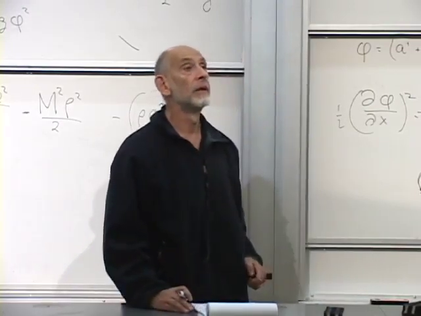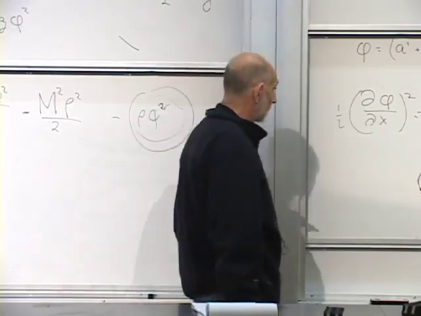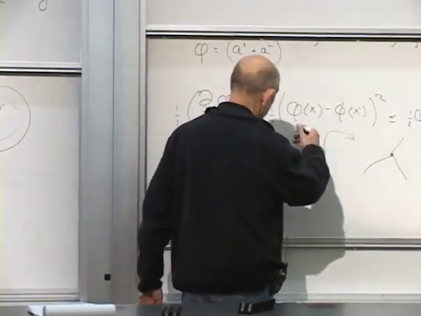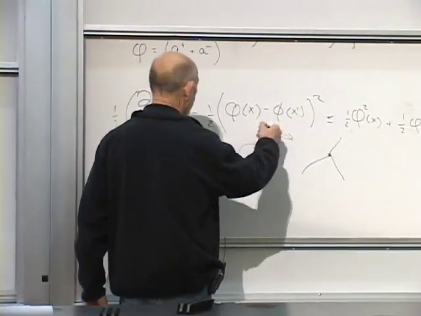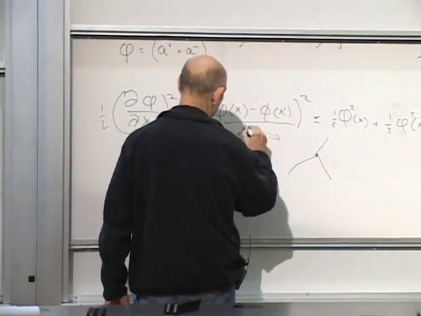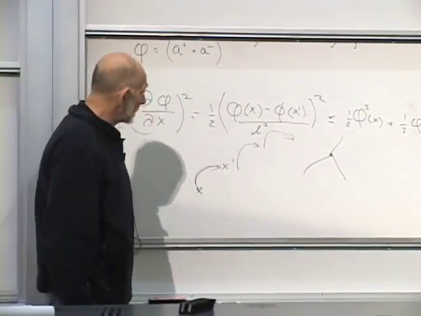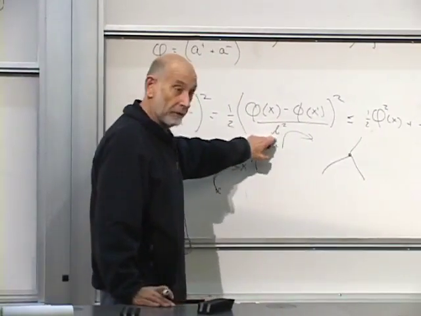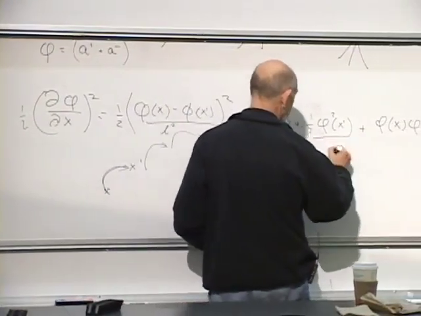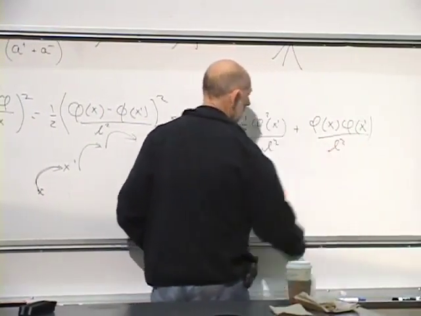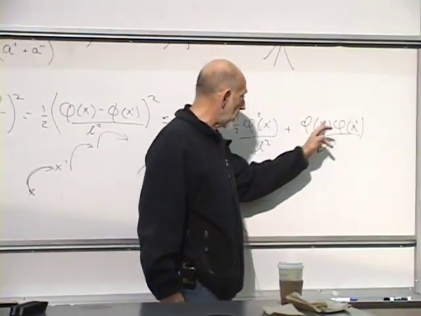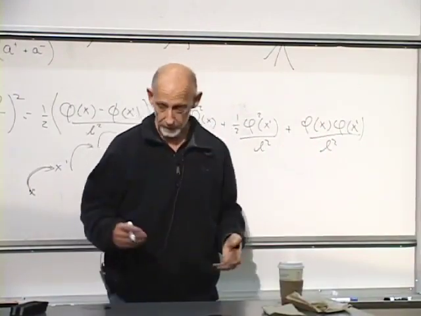Question. Yeah. When you're taking that partial, you don't have to worry about dividing by x minus x prime. Yeah, we do. Certainly we do. We could call the distance from x to x prime, let's just call it L, and we put an L squared downstairs. So, right, you do have to put a numerical factor in there. But the numerical factor doesn't change anything. It doesn't change what these things do. A number is just a number. It still has the effect of removing a particle at x prime and making it reappear at x.